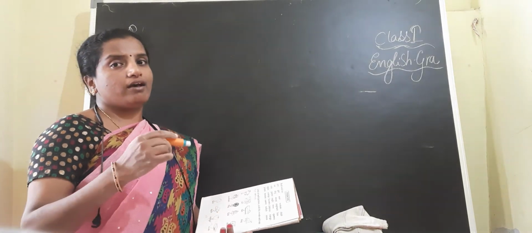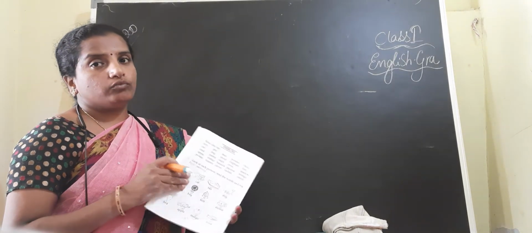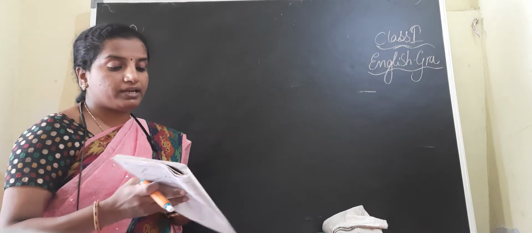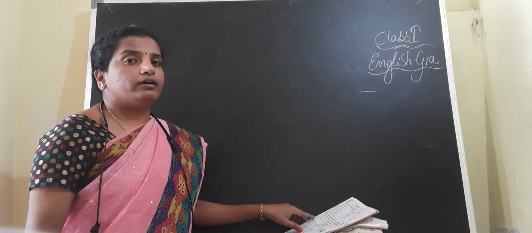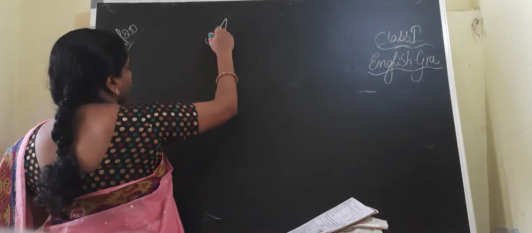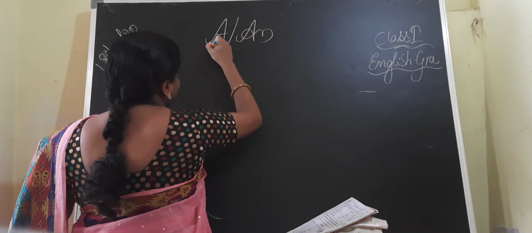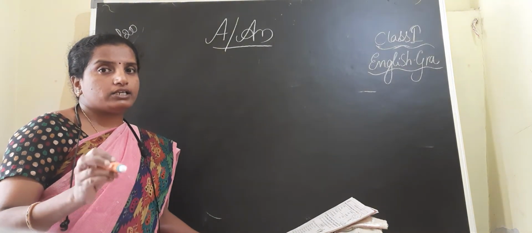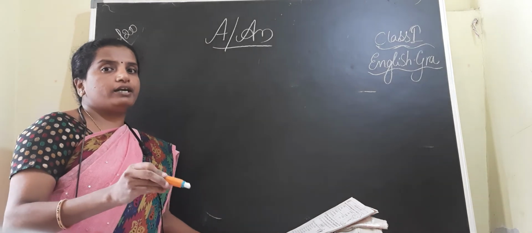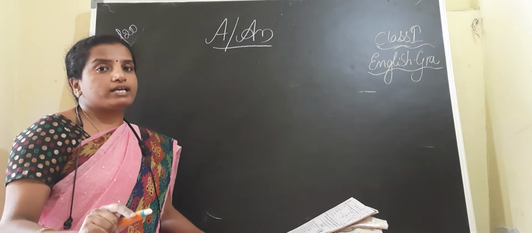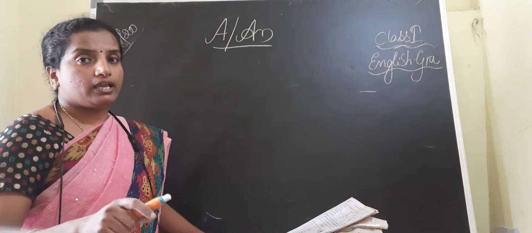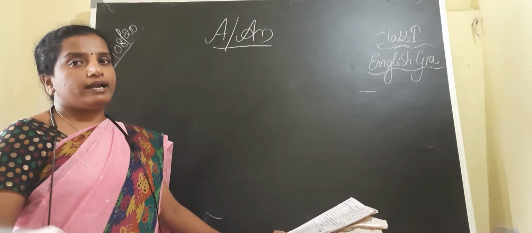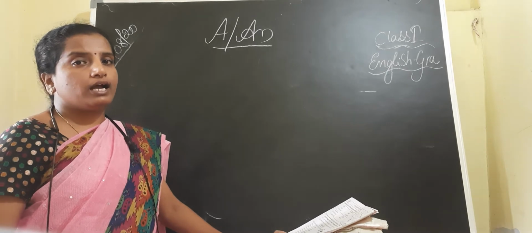So in this way we have learned all the A to Z words. Okay children, in this chapter we have learned all the words from A to Z. Now our next chapter is regarding the use of A or An. Just now I explained, children, there are 26 letters in the English language and they have been divided into two parts. One part is known as vowels. What are vowels? A, E, I, O, U are known as vowels and the remaining letters are known as consonants.